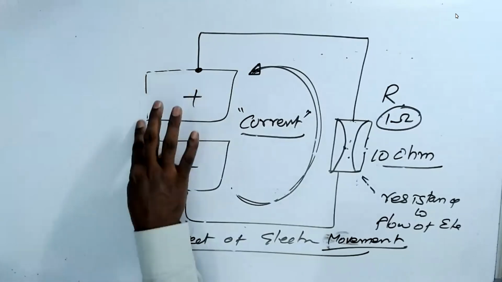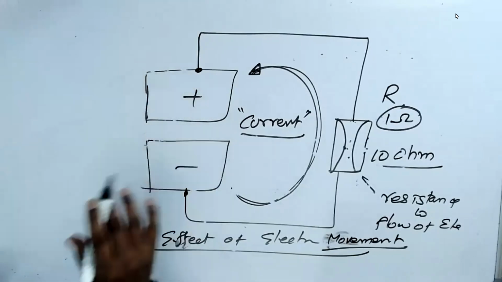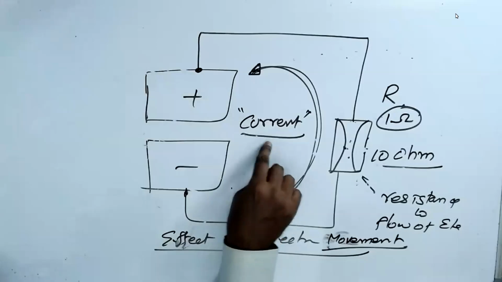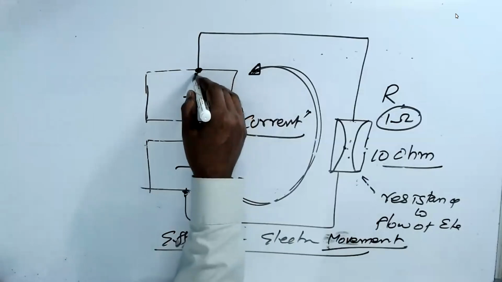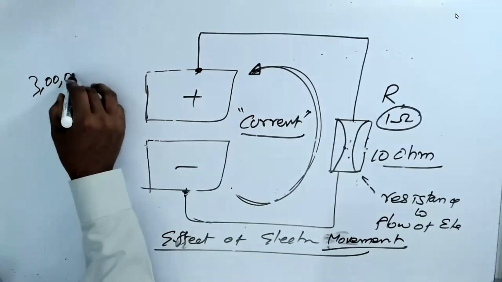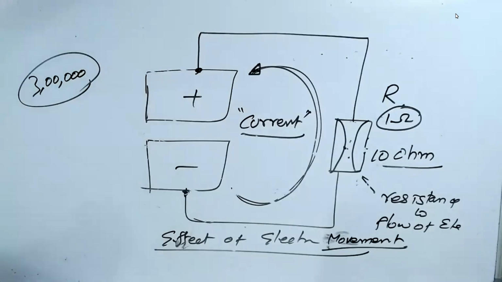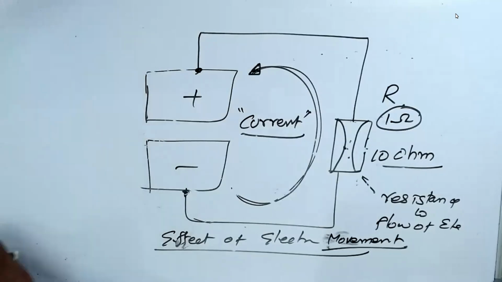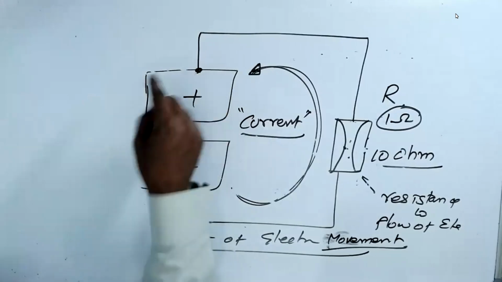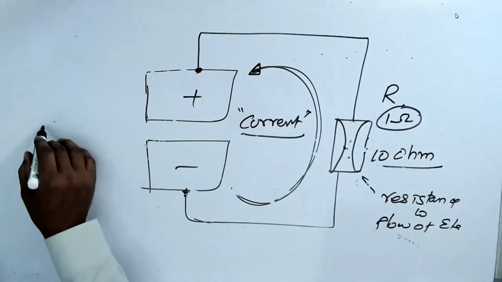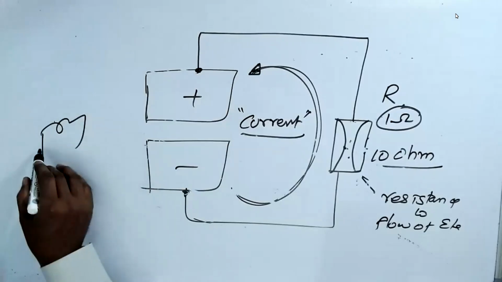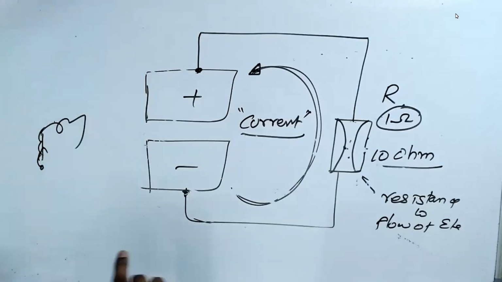Since we are discussing electricity, let us try to understand a few terminologies. The current is an effect, not the actual electron. The electron here does not move to there at 3 lakh kilometers. The electron is not moving at that speed; it is moving at a very slow speed. What you get is an effect. That means your bulb gets the electrons of the next atom, not the one which started from here. That will reach you very, very late. Please understand.